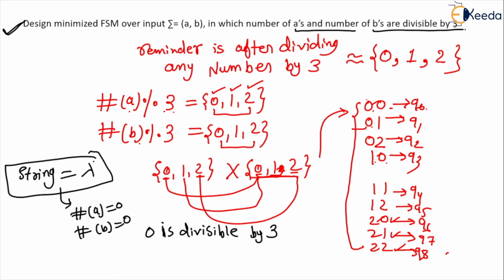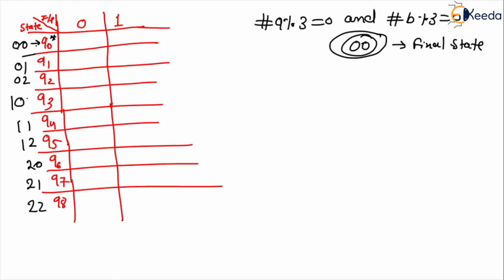Got it? Means all the strings that generate null are accepted by our machine. Null is accepted by our automata. And to accept the null, we should make the initial state a final state. Got it? So our initial state is also Q0 and our final state is also Q0. Just remember, while designing, we design the machine and transition table in parallel. So total 9 states. We write down here Q0, that is a final state, and also the initial state,